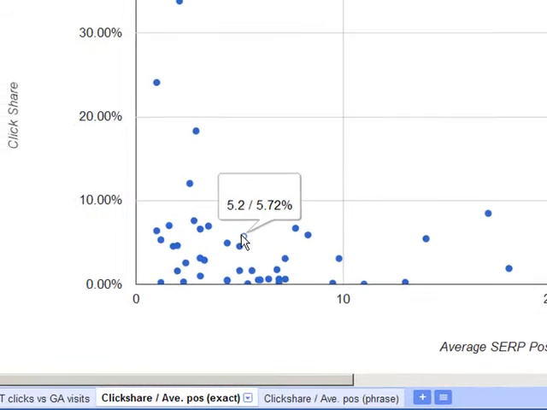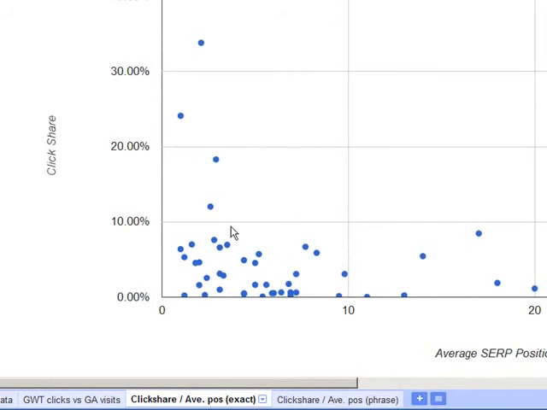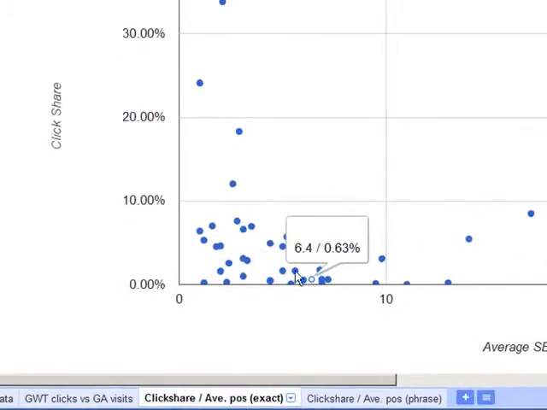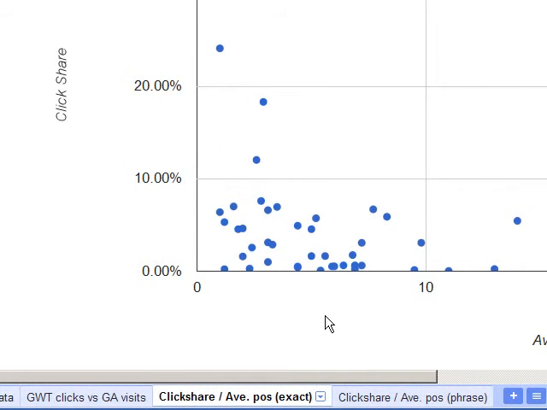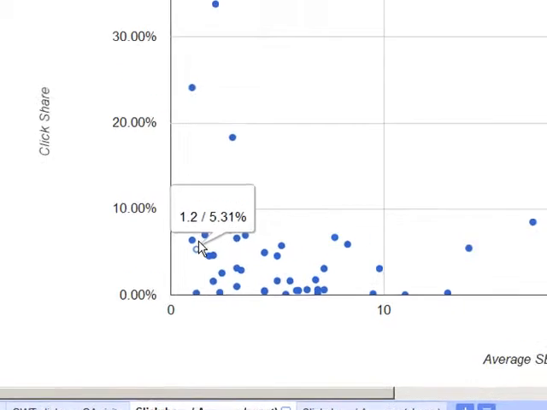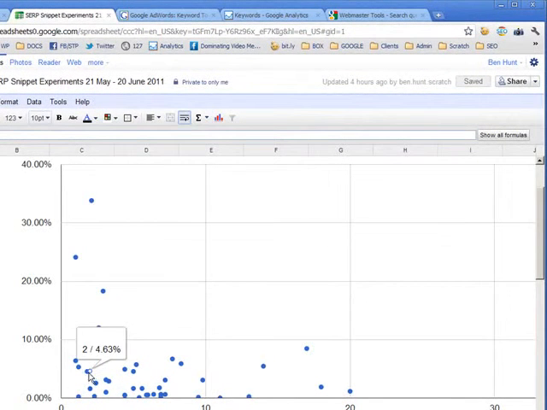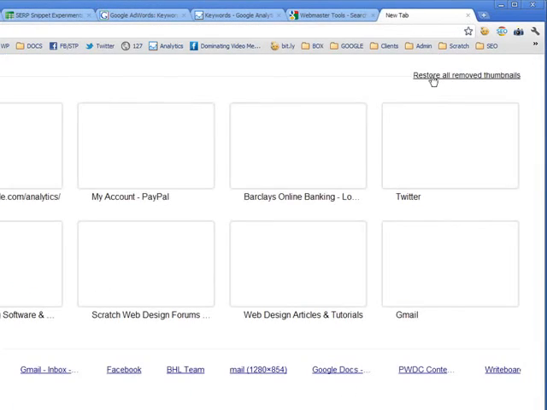So that's about the best that we're getting. So really the graph here is going down like this. But we've got a big mass of results here that are underperforming compared to the graph. We've got results that are ranking at position 1, position 2, and are getting a lot less than 40% or 20% of the clicks. Now, why would that be?